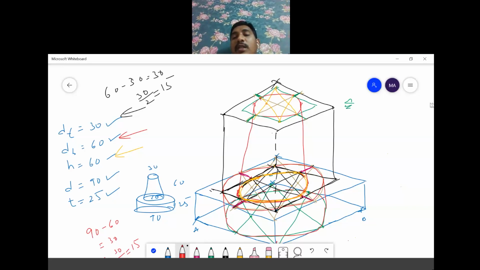Whenever you are drawing, the construction lines should be very light, otherwise your diagram will not be visible clearly. Here I am drawing with a color pen, so you have visibility. But whenever you are drawing with a pencil, all hidden lines should be dotted lines, all the construction lines should be very light, the main diagram should be dark. Emma, I will share the material. In that you can see how the diagram looks.